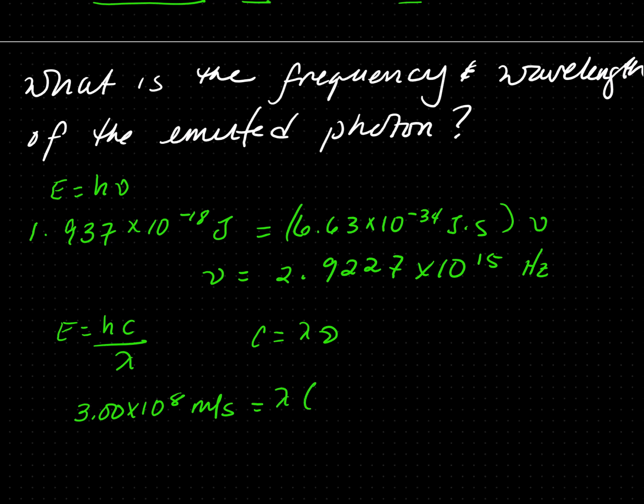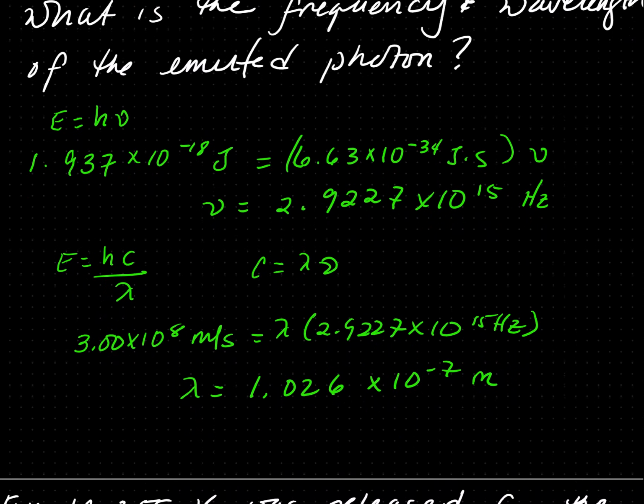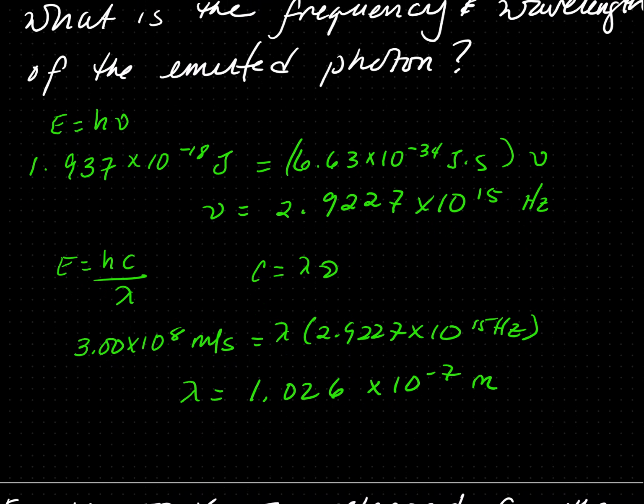Lambda times nu, which is 2.922 times 10 to the 15th hertz. So you have to divide both sides by the nu, or the frequency, which equals 1.026 times 10 to the negative 7th meters. If you choose to convert this into nanometers, then it's 1.026 times 10 to the negative 7th meters. Diagonal units have to be the same, meters,